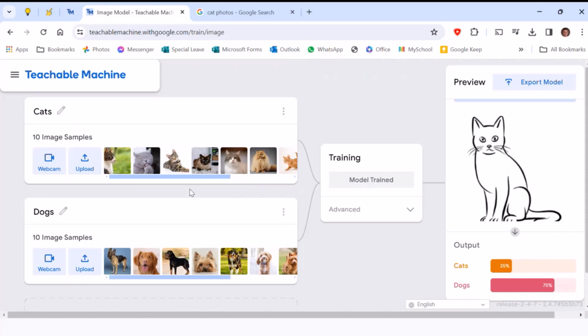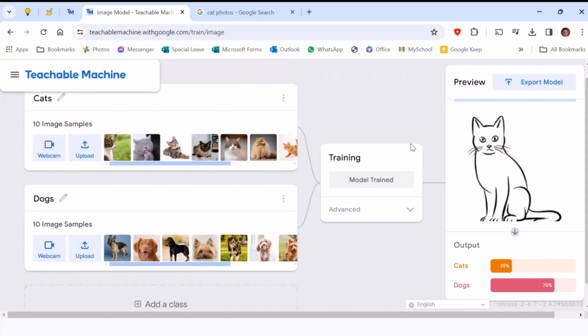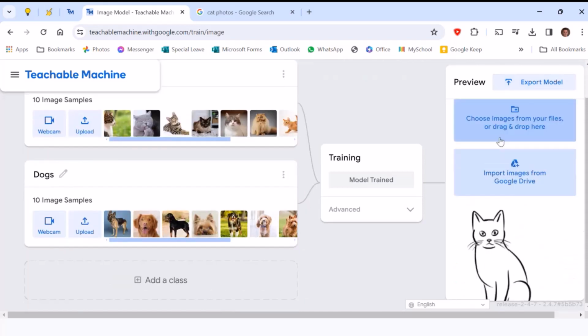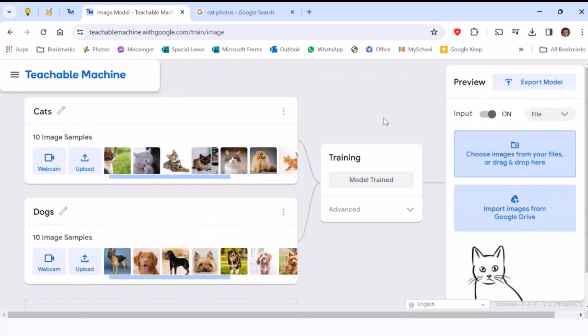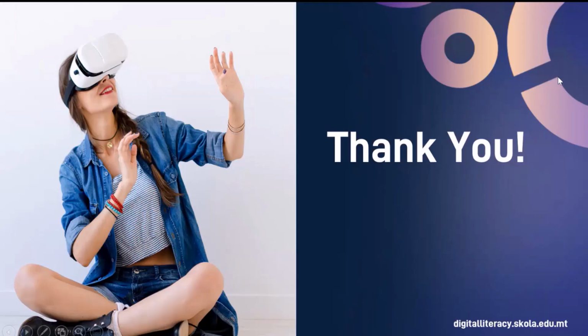Obviously, this is something that you can experiment with because you can upload more images and therefore make the AI more accurate by giving it more and more examples of different cats and different dogs in different forms and angles, and you can test the results using this model very easily. So I suggest that you dedicate some time to test Teachable Machine because it's a good way to understand how artificial intelligence works. So basically, that is what I wanted to present to you today about artificial intelligence.